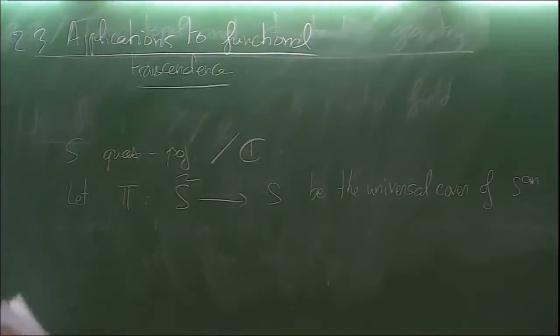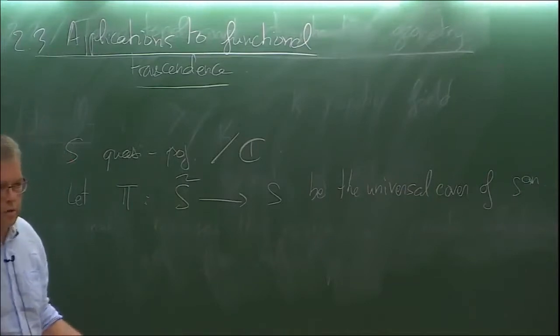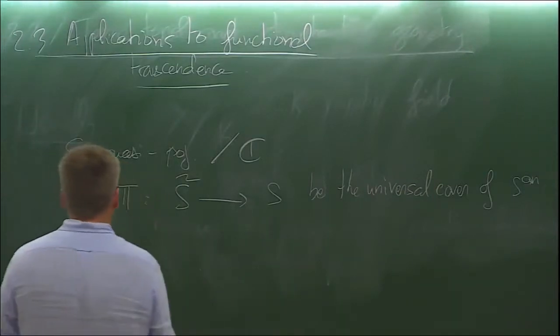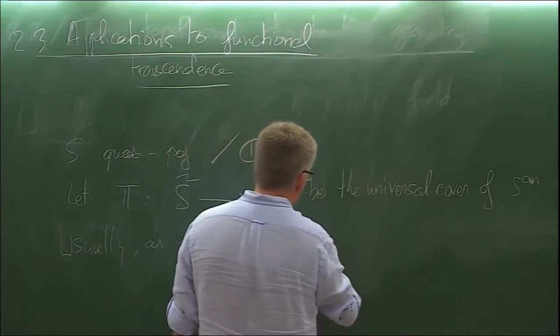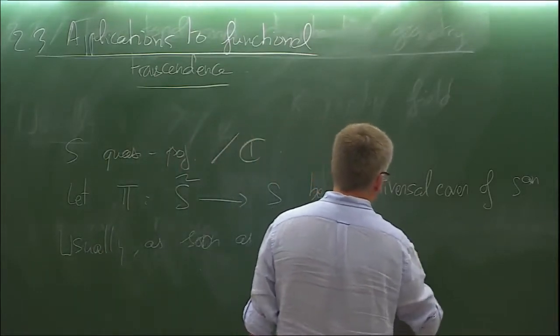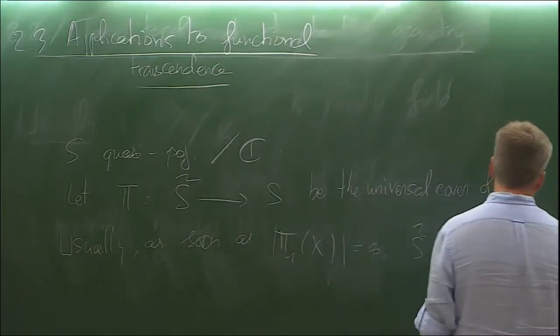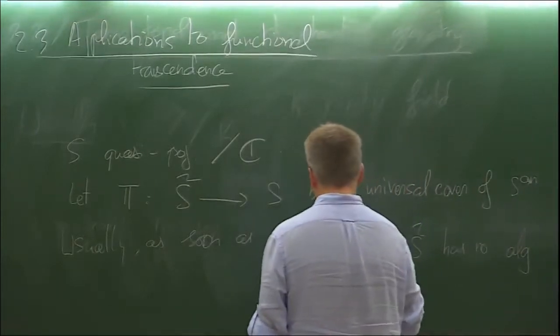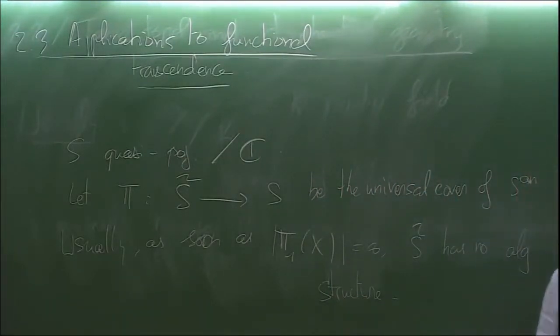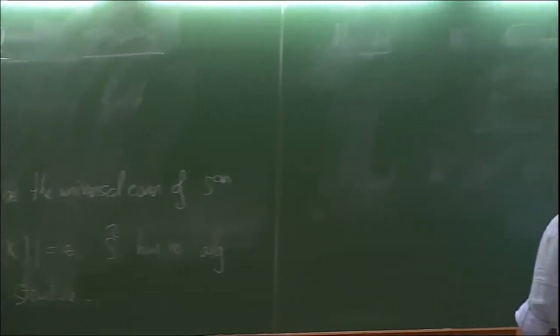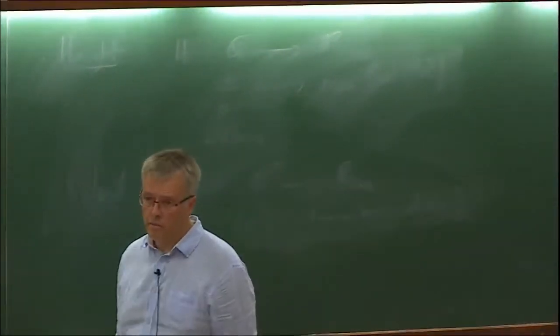Okay, and then it's kind of a strange thing to do for an algebraic geometer, because usually that guy has no algebraic structure as soon as pi_1 of S is infinite. So usually, as soon as pi_1 of S is infinite, S tilde has no algebraic structure. Nevertheless, you have to observe that it has been a long tradition in complex algebraic geometry to study algebraic varieties through the universal cover. I mean, it was done, for example, for elliptic curves by Euler, for abelian varieties by Abel, or for Riemann surfaces by Riemann. Okay, so it's a very efficient tool,